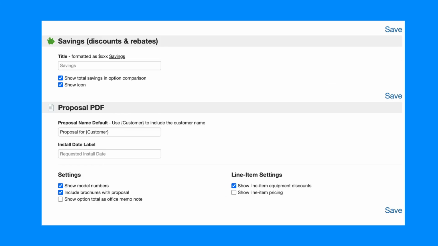The savings, discounts, and rebates section refers to the piggy bank icon and these dollar amount savings that you see at the top of your option on the signature tab. The title will default to savings. You can have it display whatever you would like it to say. And the show total savings in the option comparison and show the icon are auto-selected for you as defaults. If you don't want to see the total savings and you don't want to see the icon, then simply remove